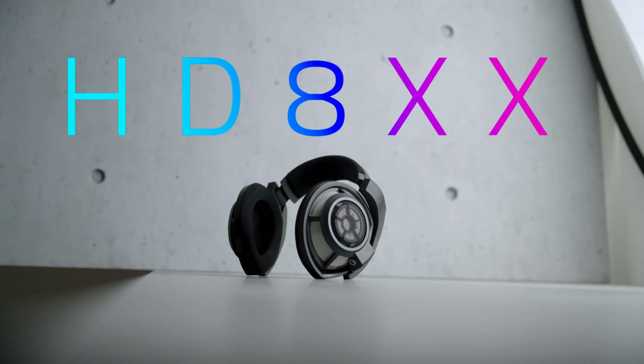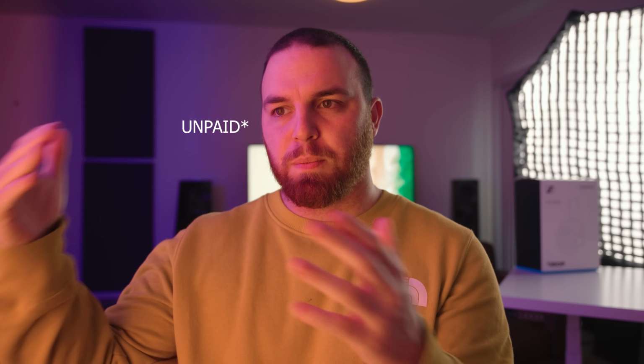So I finally got my hands on an HD8XX from Drop. Some quick disclosures here. Drop did send this out for review. They're not paying, asking, or otherwise influencing me to say anything good or bad. Now, in this particular case, what I was asked to do was consult, sort of loosely, on some pre-production models